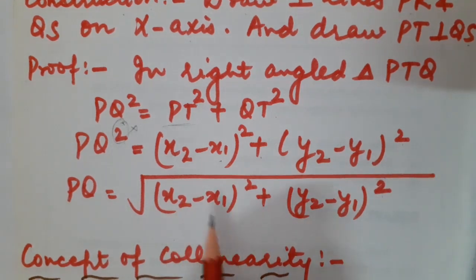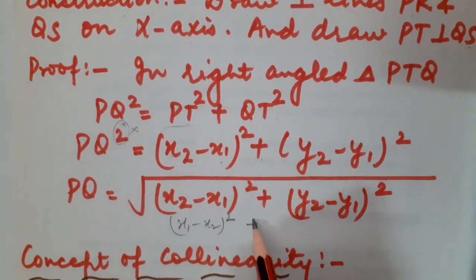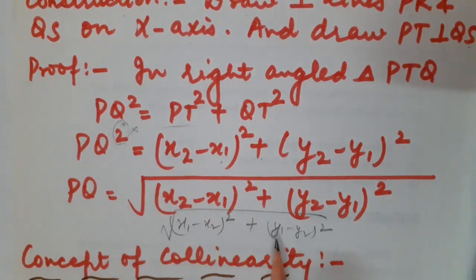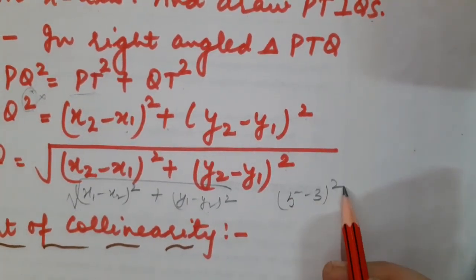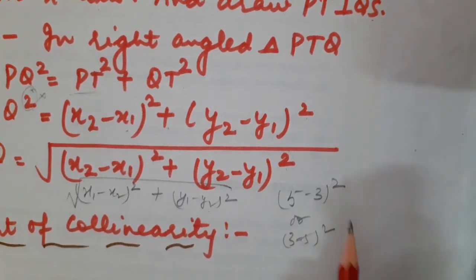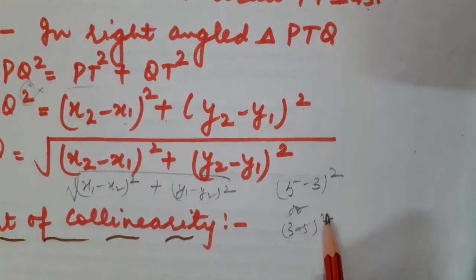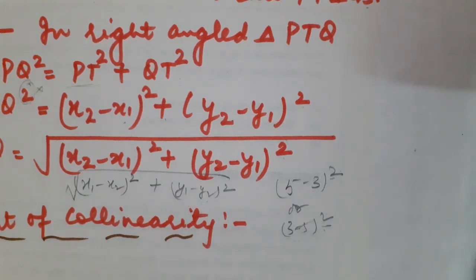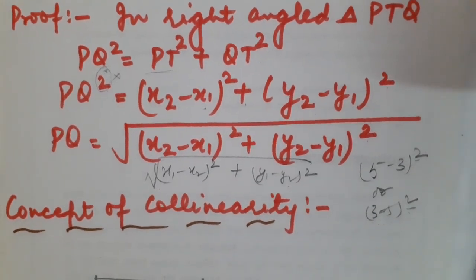Children, suppose instead of x2 minus x1 whole square, you have written x1 minus x2 whole square. Or here you have written y1 minus y2 whole square, and then it's whole under root. So always remember, this is also appropriate. Because if I write 5 minus 3 whole square or 3 minus 5 whole square, ultimately I will be getting the same result. Here I will be getting 2 square, that will be 4. Here also I am going to get minus 2 square, that will also be equal to 4. Because there is a whole square, definitely the positive value I am going to get. Correct, student? So this was all about the derivation of the distance formula.